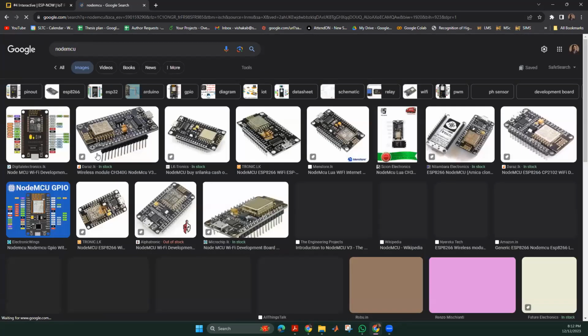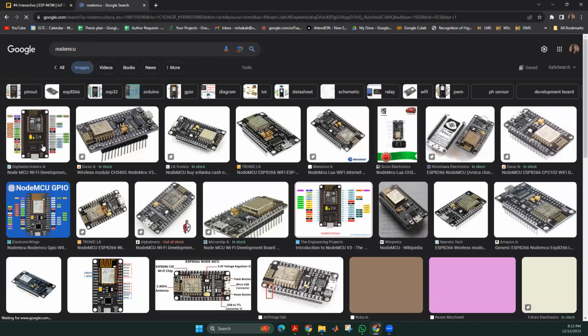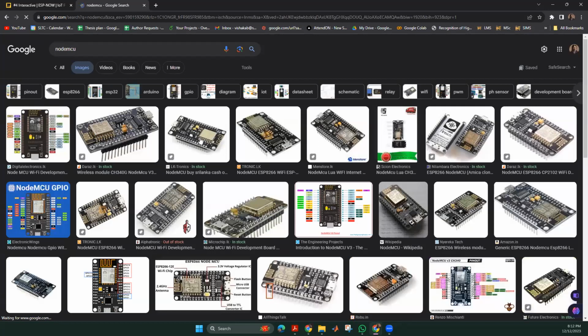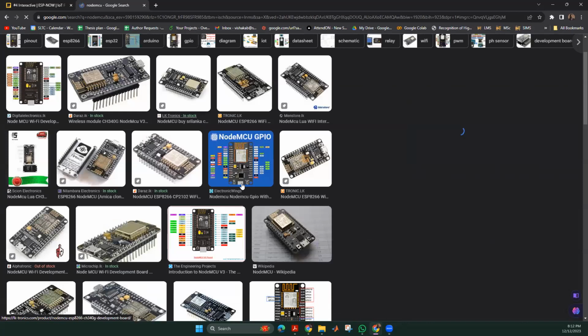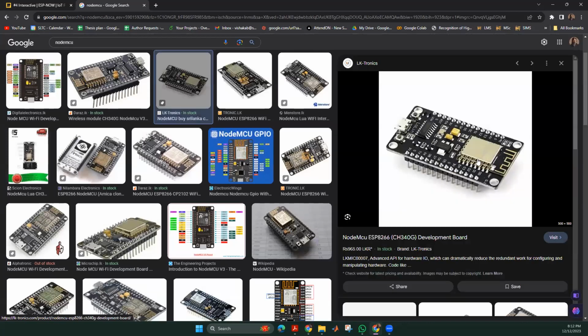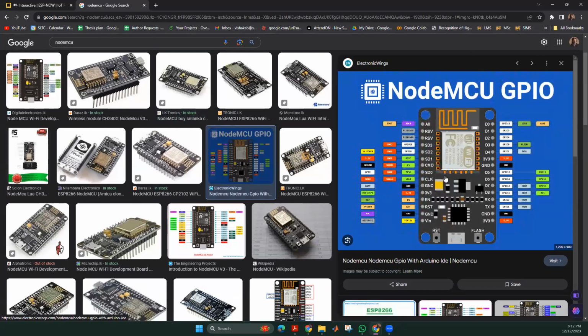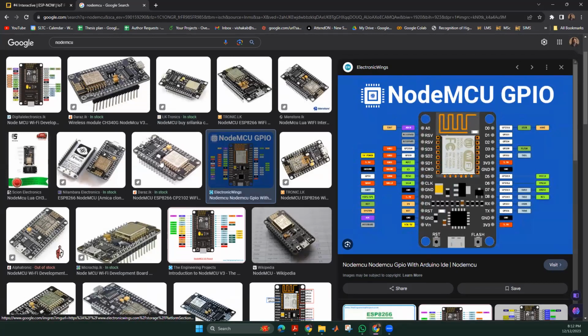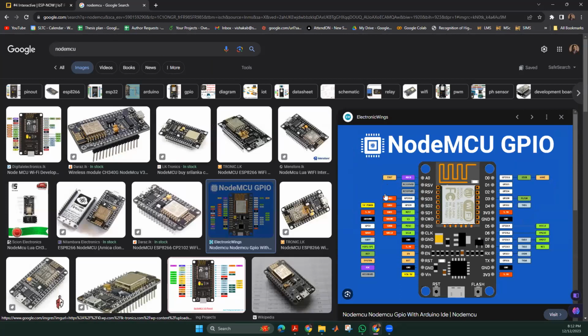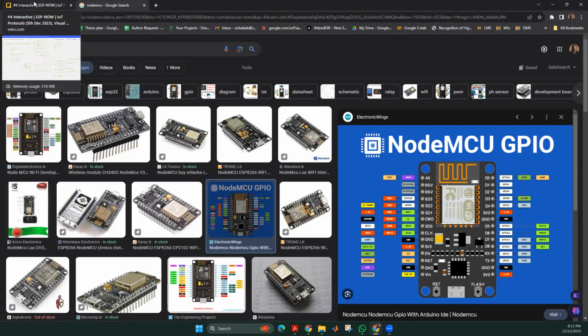So it is a microcontroller that came before the ESP32 microcontroller, and it is also something very similar to the ESP32. However, when you take the pin configuration and the different functions that the Node MCU can do, there are some differences. There are some things that Node MCU cannot do, and ESP32 can do likewise.